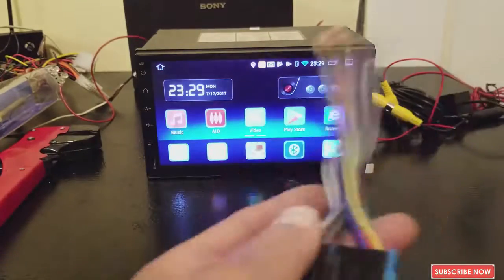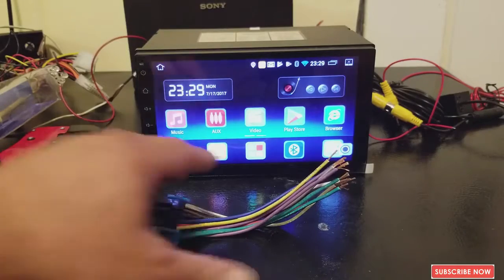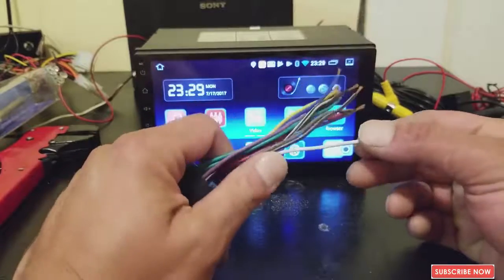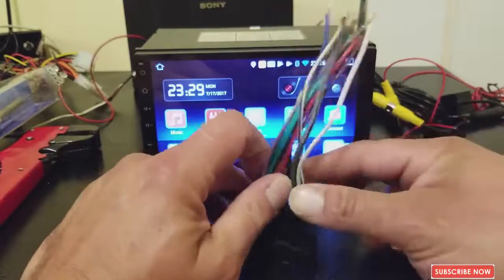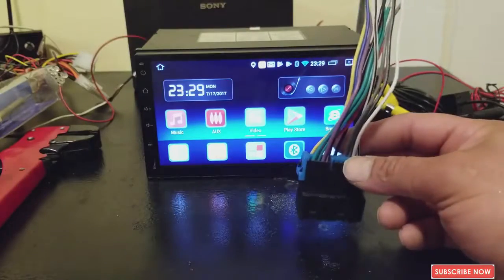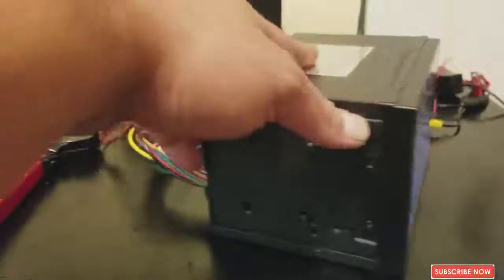So the first thing we're going to do is hook up the wire harness. It's easy to do. Most of the wire harnesses that you buy for your specific car come in colors, and the colors are matched with the colors in the back of the radio. Okay, so if we turn this back,